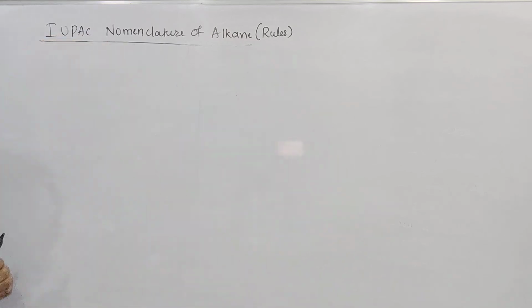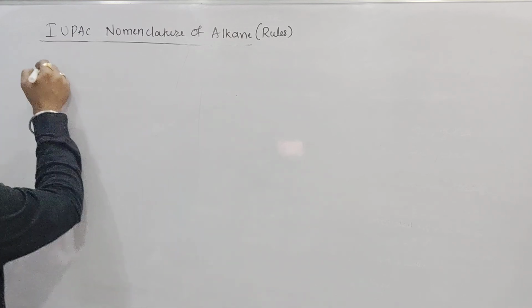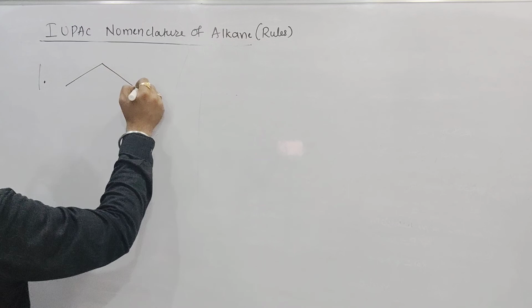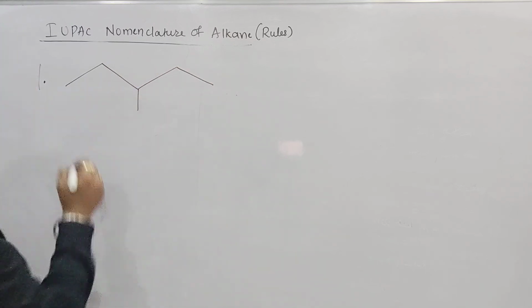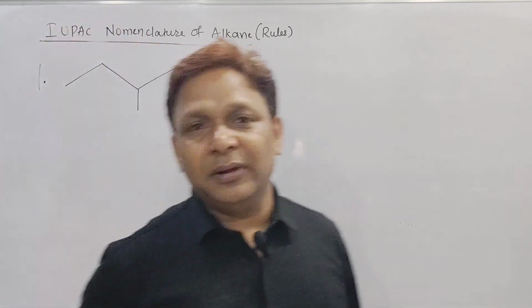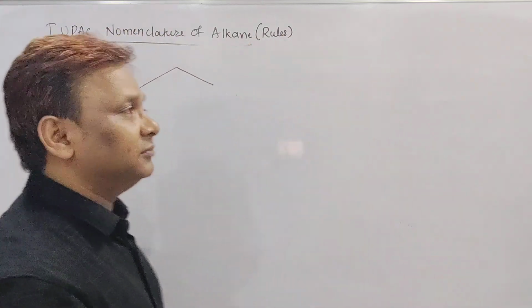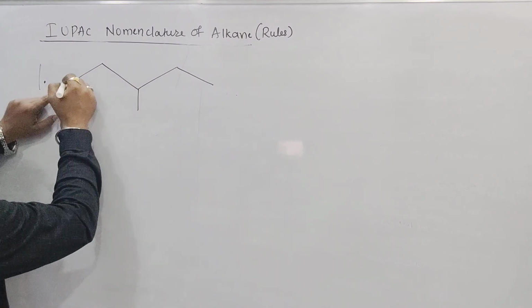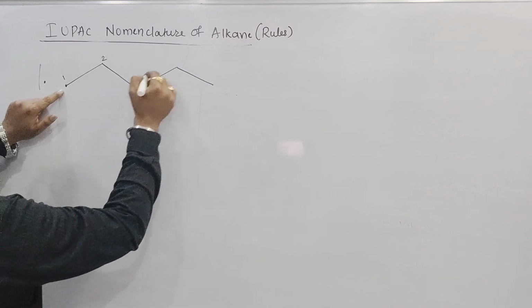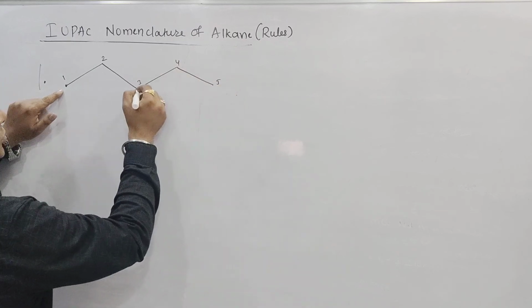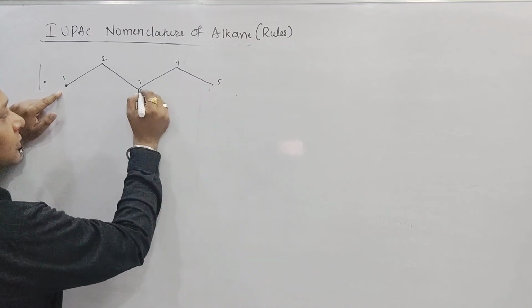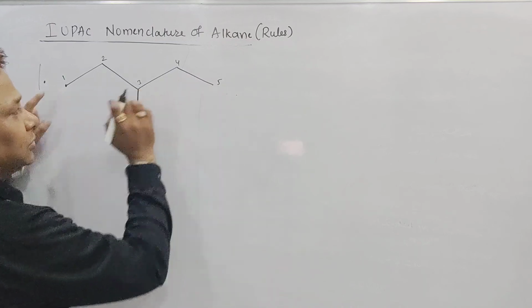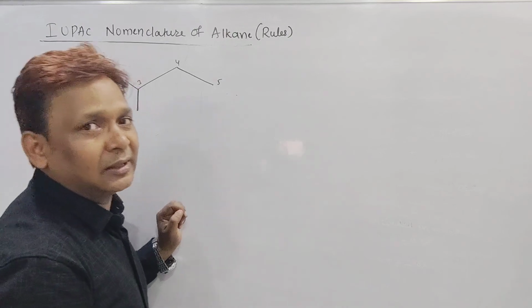See what examples are given and how the examples can be discussed here. Example number 1, you can check it here. 1, 2, 3, 4, 5. Right? It is a bond line formula, and there is one substituent here. The question is how to write the IUPAC name of the compound. Just check it, beta. If I give numbering from here, 1, then 2, 3, 4, 5, my substituent is on the third carbon atom. But if I give the numbering from the other side, 1, 2, 3, 4, 5, then also my substituent comes on the same, that is the third carbon atom.